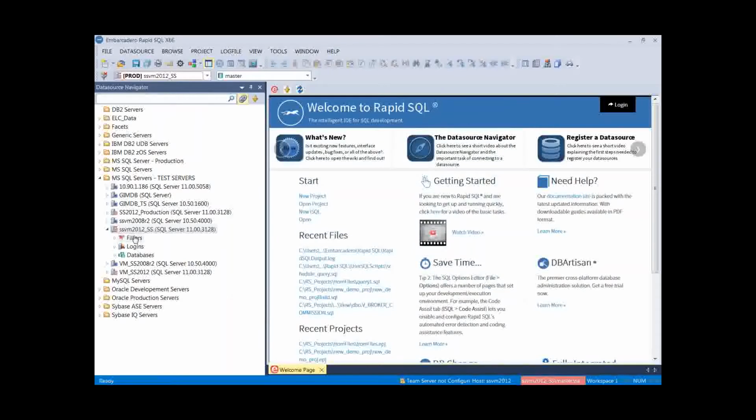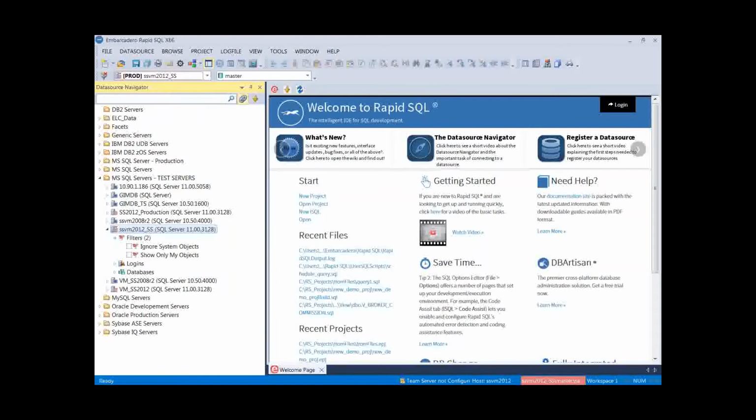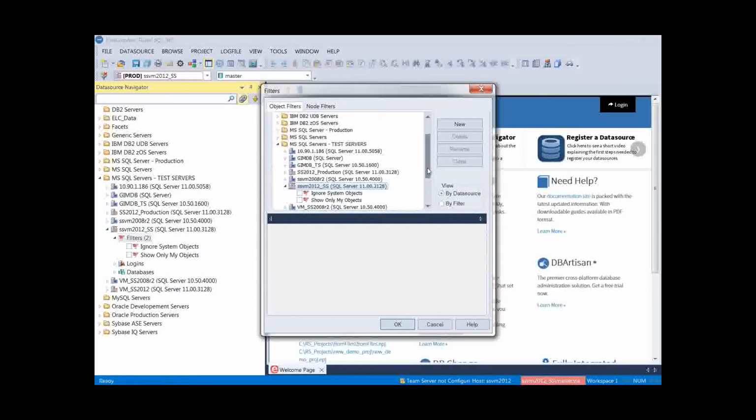So as I look through my data source here, let's go to the filters. I mentioned a little bit earlier about when looking at showing system objects or showing my objects to use the data source filter. Every data source has its own filters tab. Here, ignore system objects. We can select that on. To show only my objects, we can toggle that on. If I'd like to add a new filter, simply select filters, add filters here, and now I'm working within my